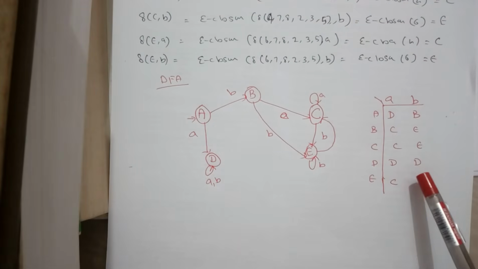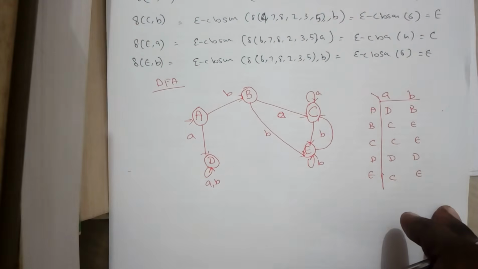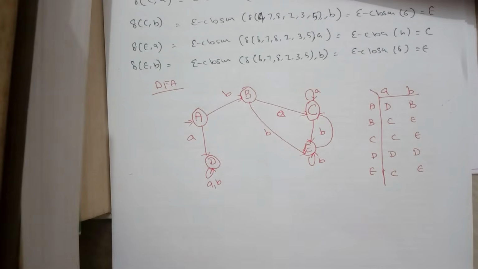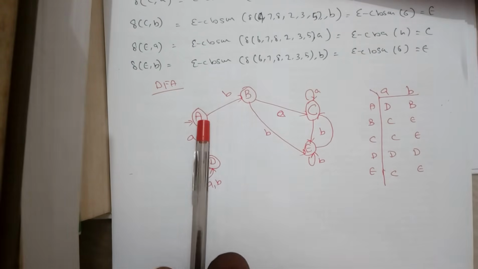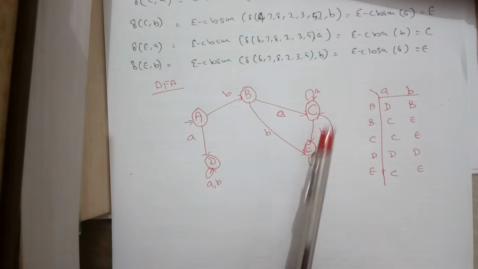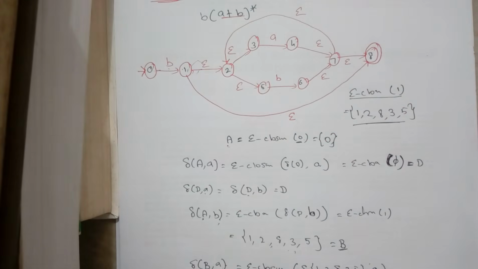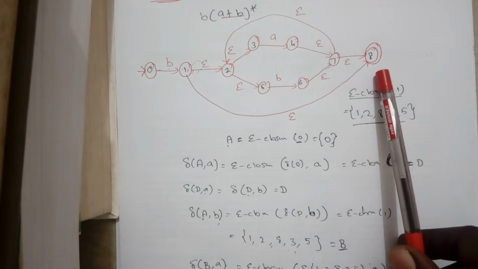Now this is not a complete and final DFA. The reason is a DFA will have starting and final states, and the final states are not included over here. To define the final states, each and every state of this DFA is assigned some states of the epsilon NFA. So we have to find the final state of the epsilon NFA, and whichever state of this DFA contains that epsilon NFA final state will be considered a final state of the DFA. So here 8 is the final state.